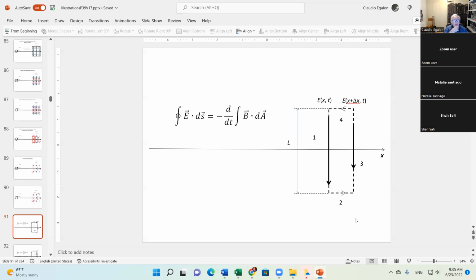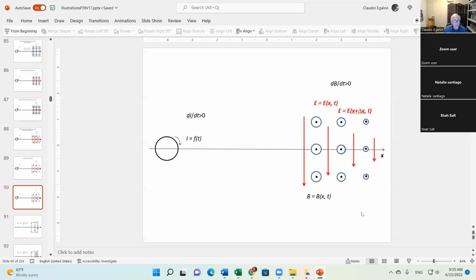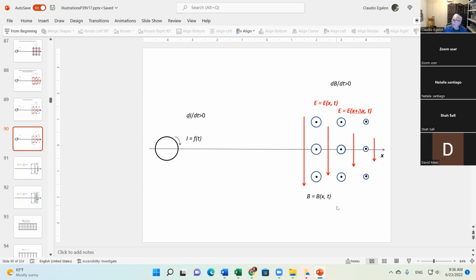And now we are going to use one of our Maxwell's equations. We are going to come up with a loop in the region of the magnetic field, right? So here you go. What we're going to do, we are going to come up with a loop, a Euclidean loop right here. And let me do a better job here.